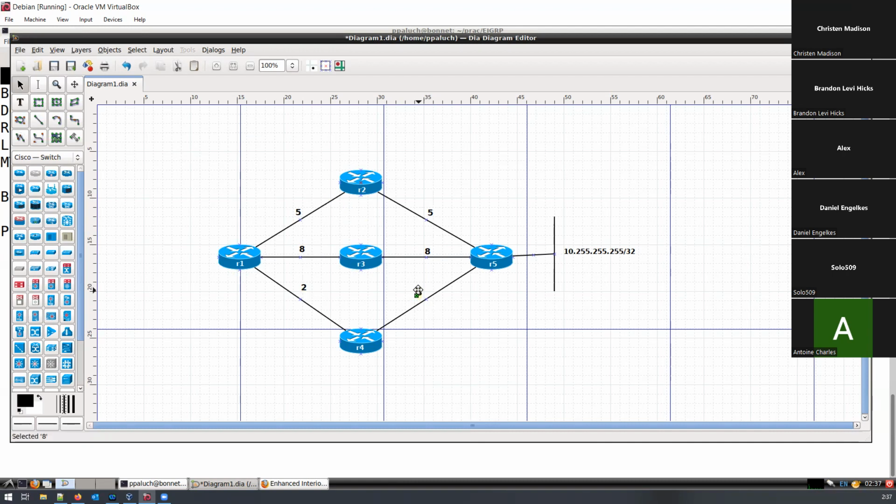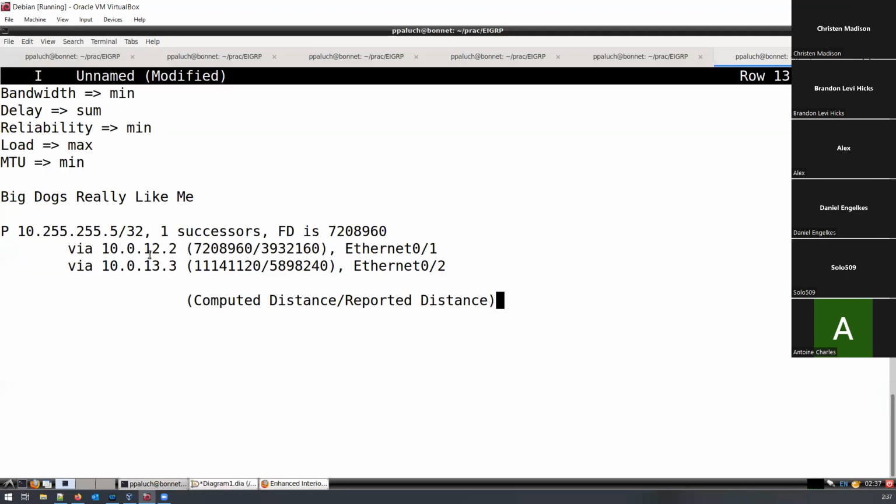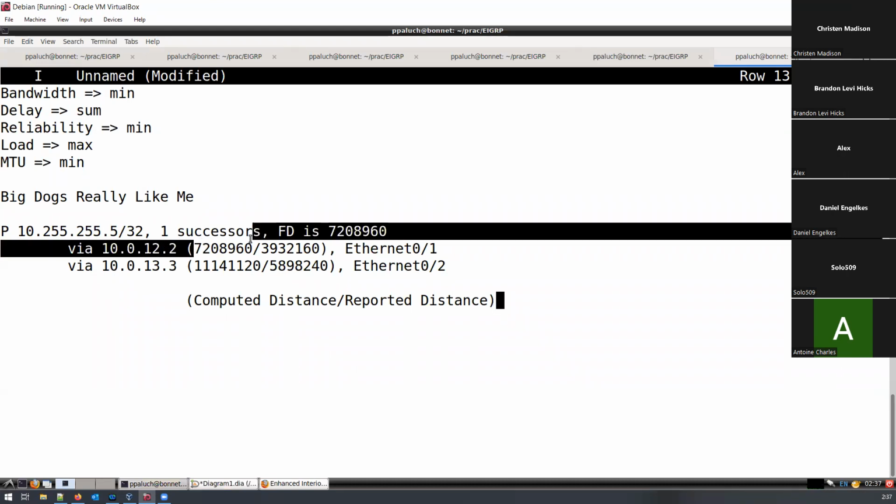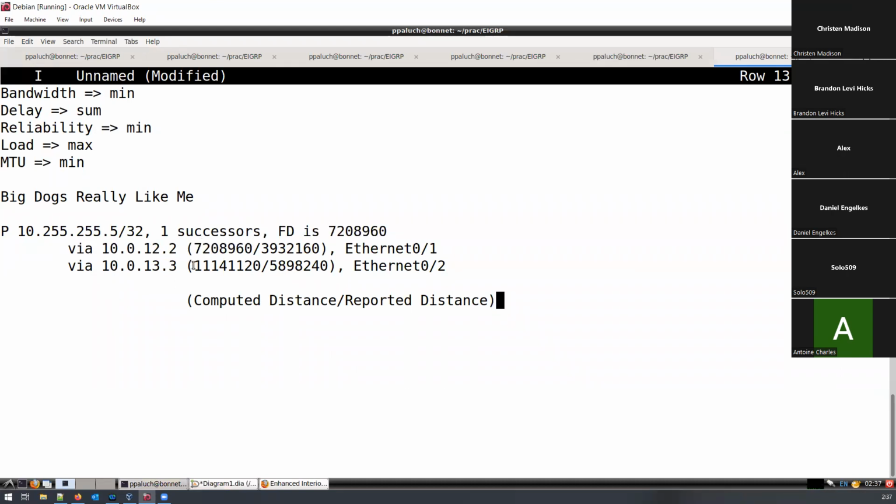And this delay here is 11. And finally, the delay here, this is essentially just a loopback, is 1. So by the way, that's also the reason why the path through R2 and the path through R3 did not have the same metric or did not have the same cost in the output we have been looking at here. Notice that through R2, this is cheaper. Through R3, this is more costly